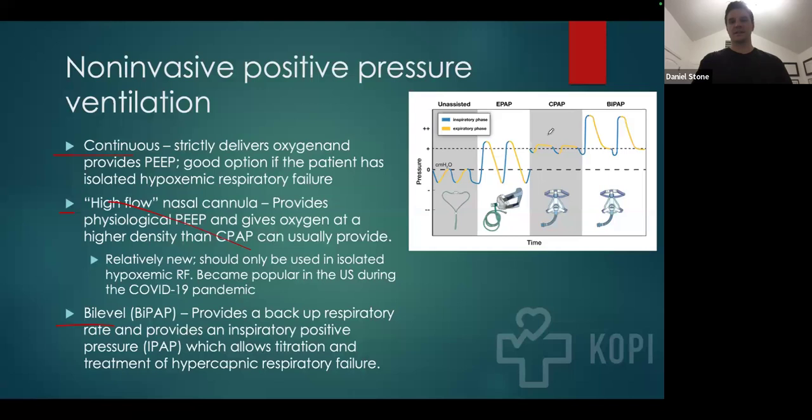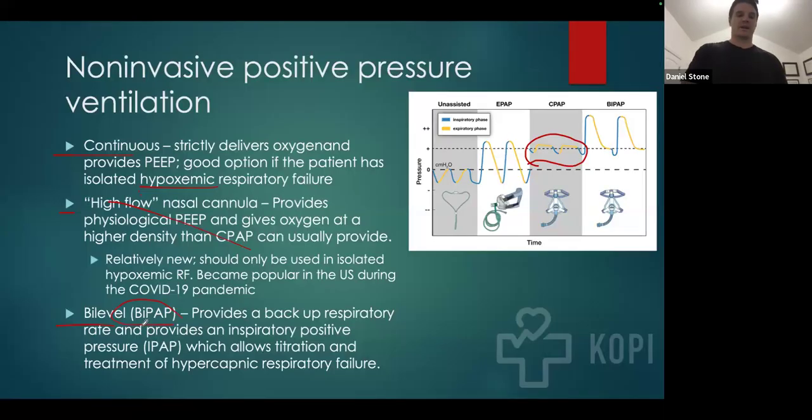Continuous, seen here, is basically just providing the patient with what we call an EPAP. It's providing PEEP, and it's basically going to correct isolated hypoxia. It's not something that we generally use in the United States outside of pre-hospital care. So firefighters and paramedics carry this. But usually when we talk about actually trying to correct hypercapnic or type 2 respiratory failure, we talk about